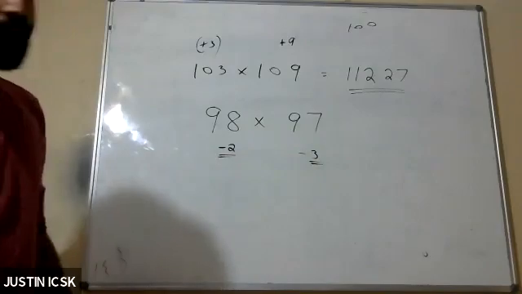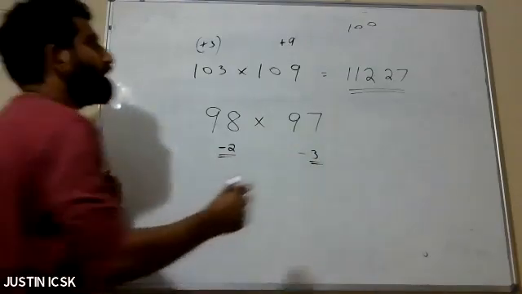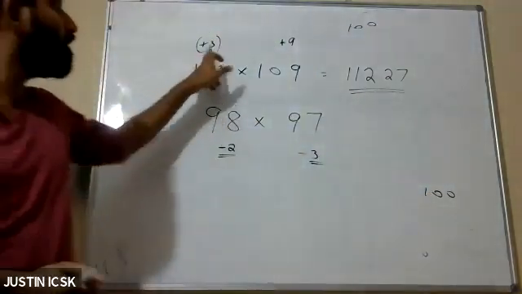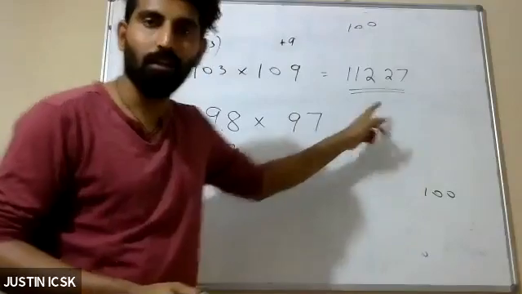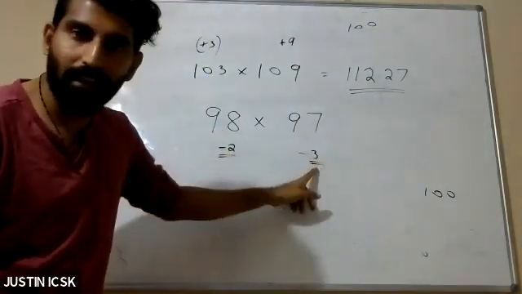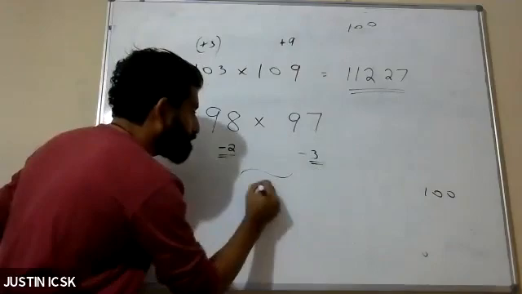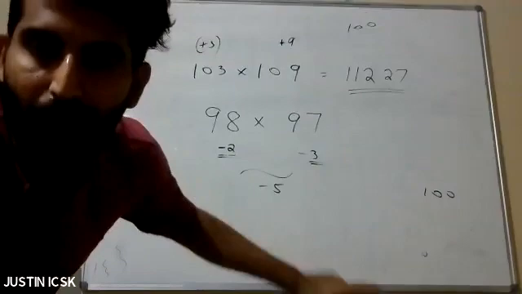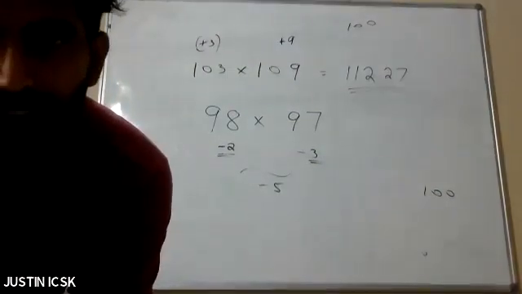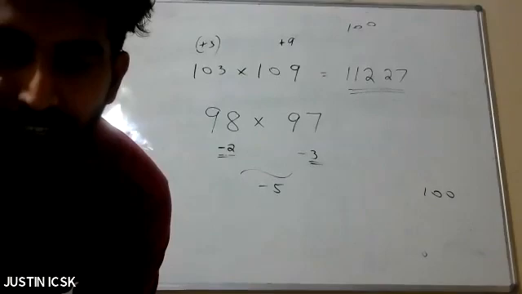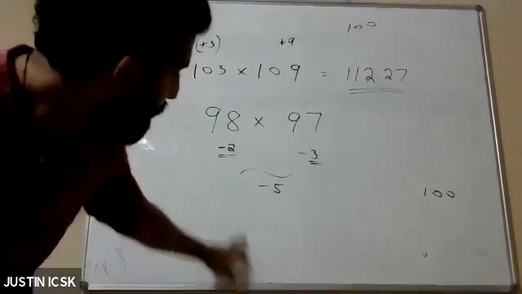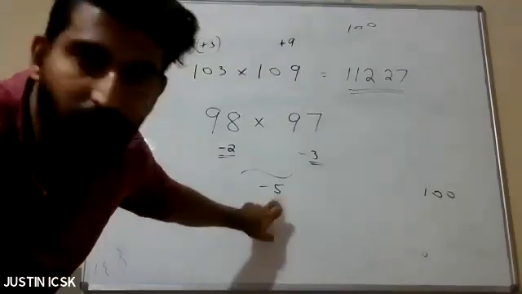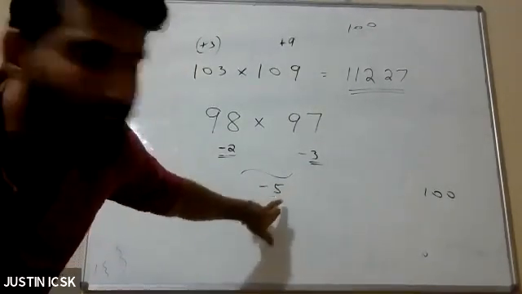Okay. Now what you have to do is, starting step is same. We are starting with 100 only. 100 is our number. Previously we add 9 plus 3, 12, then 112. Here if you add minus 2 and minus 3, we will get minus 5, right? Same sign we will add only. I think even 7th standard students know this addition. Same sign we will add. Minus 2 plus minus 3 is minus 5.